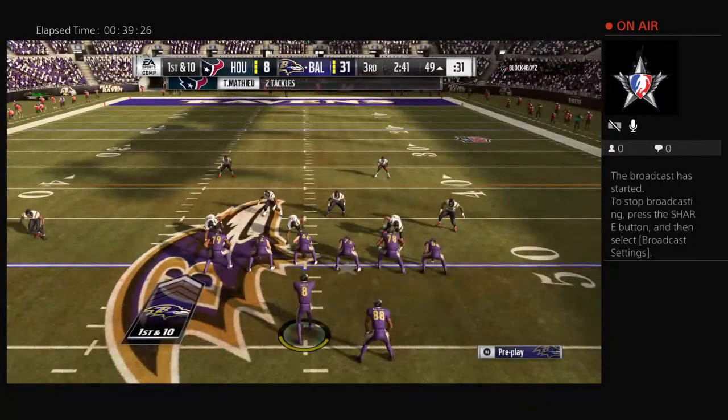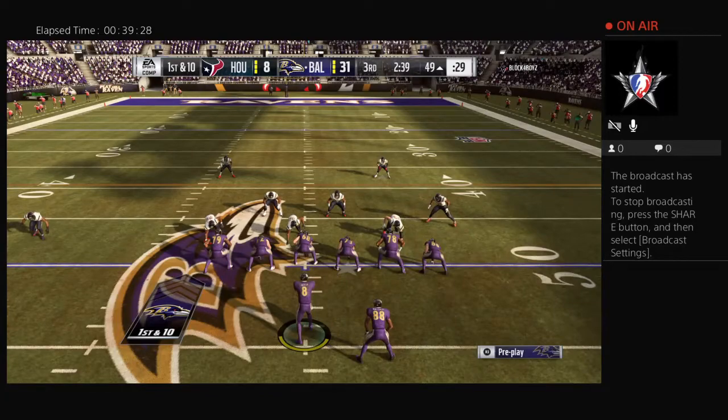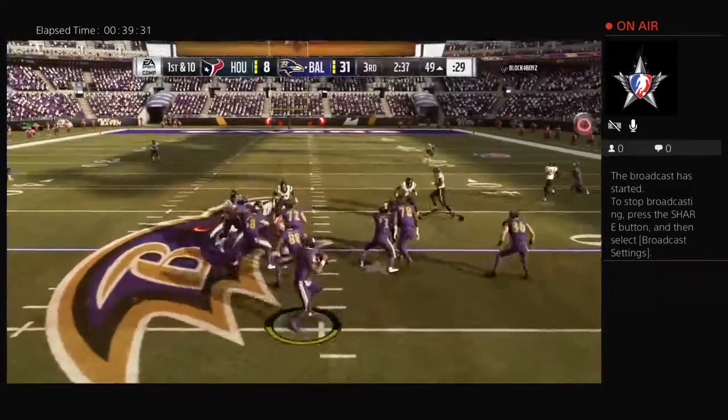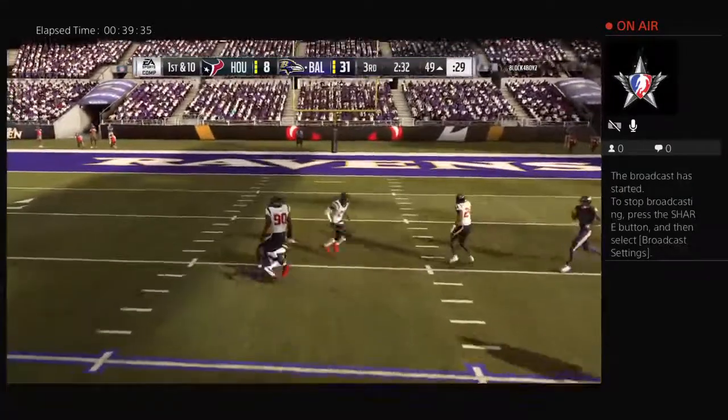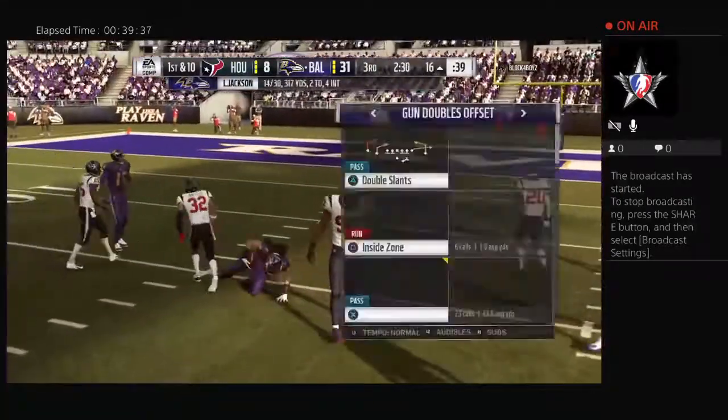Looked like the defense put pretty good pressure on him, but he's able to flush out to his right to try and evade people. On the run, had to get on his horse. Still accurately throws a nice pass for a first down. Snead's got it. And they'll wind up getting this